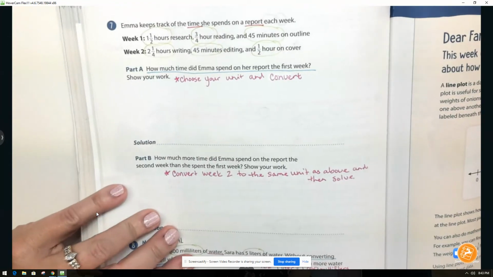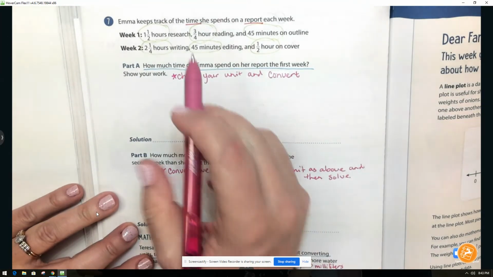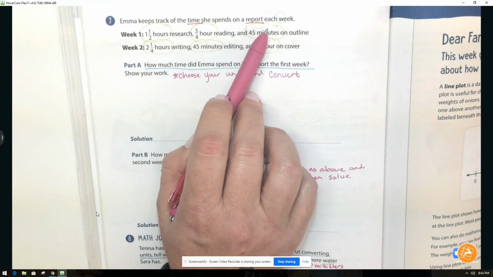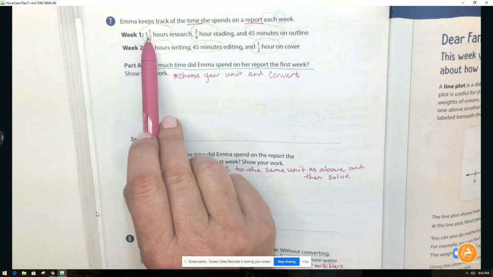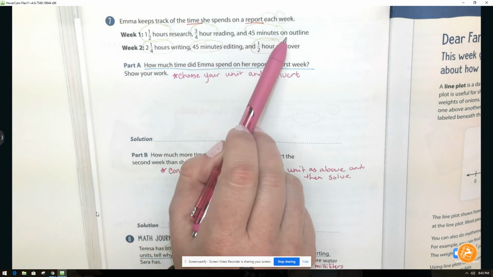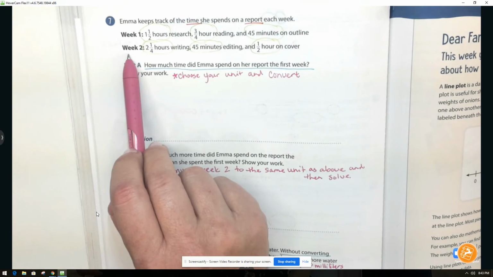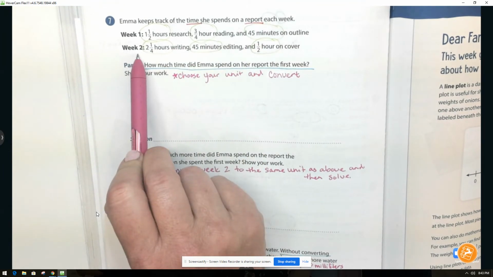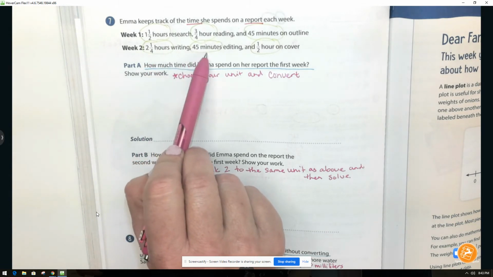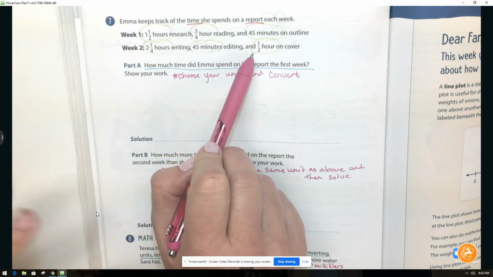So on number 7, it's a 2-part problem. It says this: Emma keeps track of the time she spends on a report each week. In the first week, she spends an hour and a half on research, 3/4 of an hour reading, and 45 minutes on an outline. During week 2, she spends 2 1/4 hours writing, 45 minutes editing, and a half of an hour on the